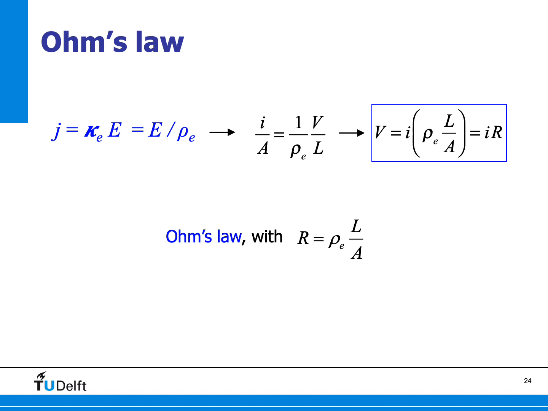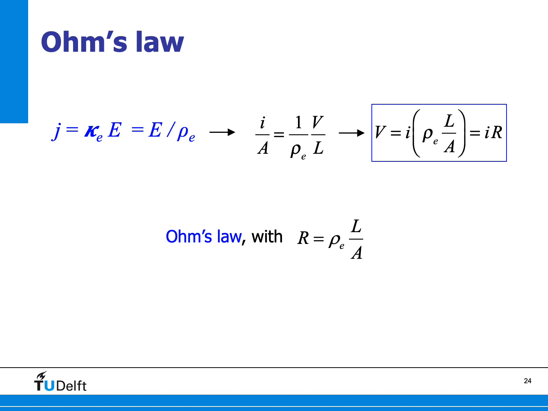So the equation that we previously found, you can see it here. That's the current density, which we found to be equal to the electric field multiplied by the conductivity, and we can write that of course also as E divided by the resistivity rho. We can rearrange this equation and write it in this form, because the current density is equal to the current I divided by the cross-sectional area. The 1 over rho term, we already have it from this equation, and the electric field we can write down